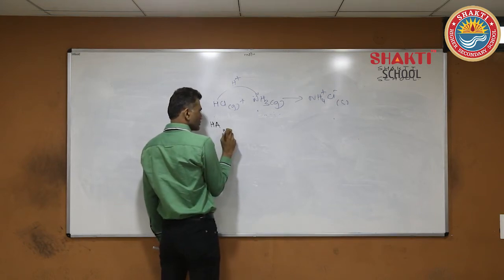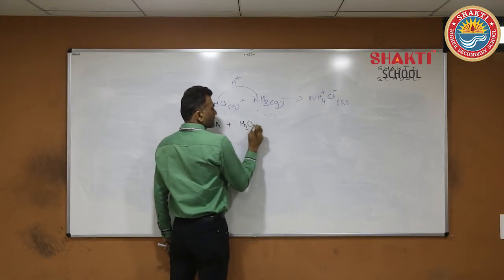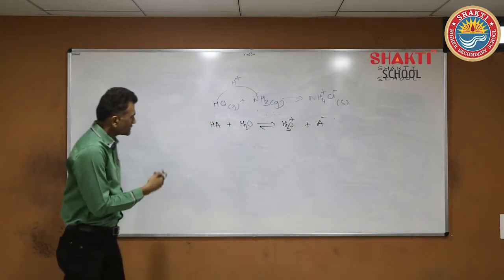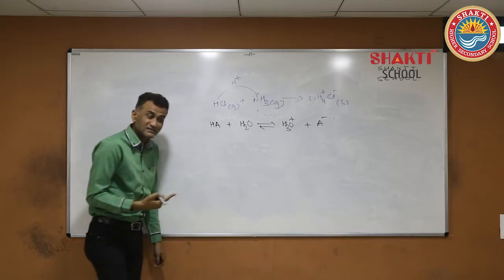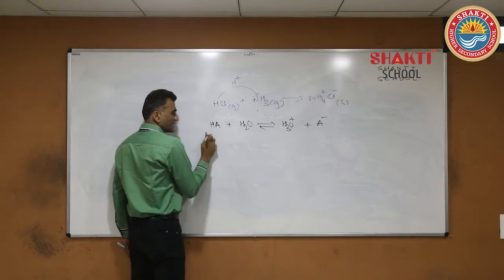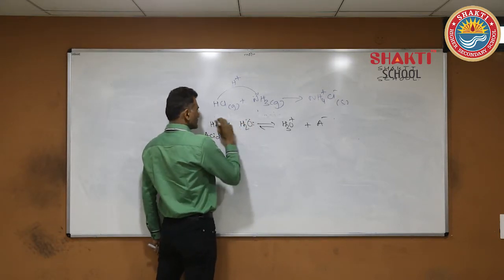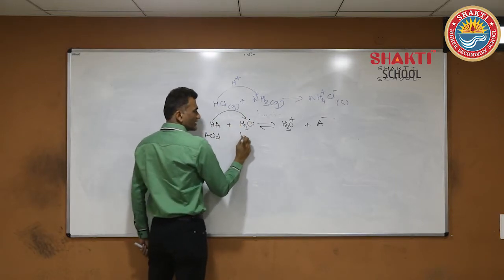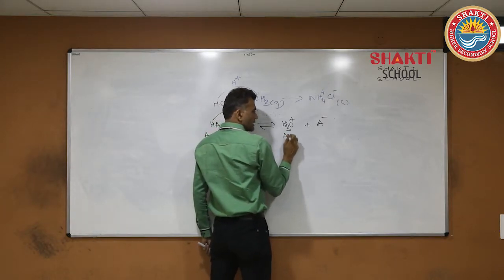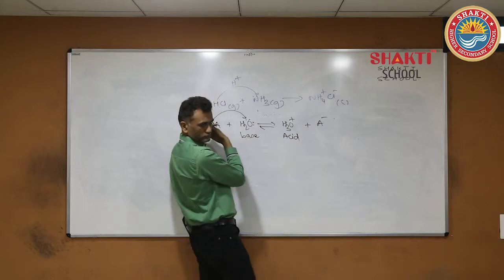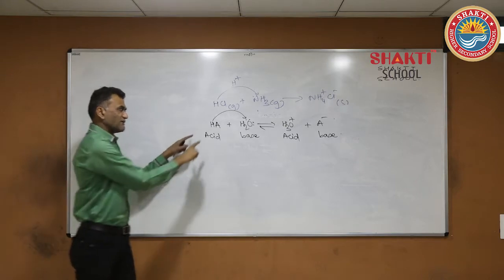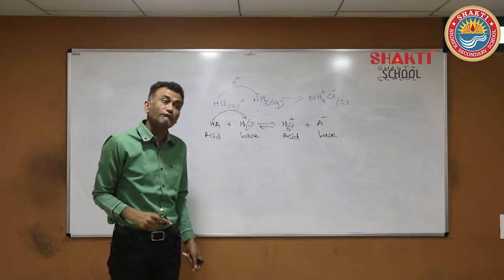So we get H3O+ and A-. Now we'll write HA as acid, so we write acid below it. Water loses a proton, right? So water acts as a base. Now in the backward reaction, H3O+ is an acid as it loses a proton, and A- is a base. Now HA after losing a proton forms